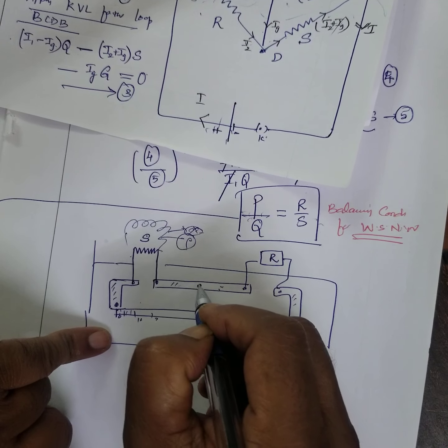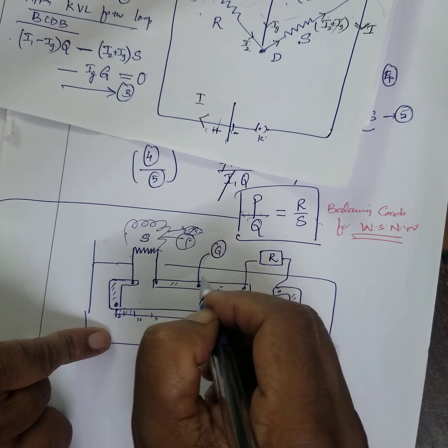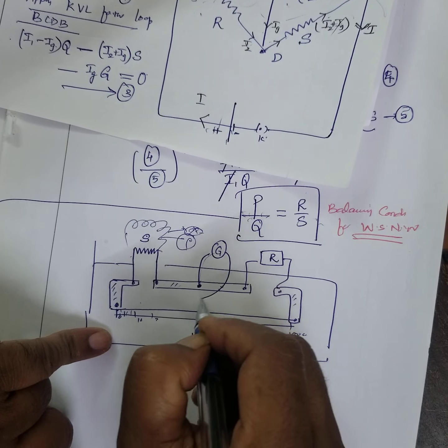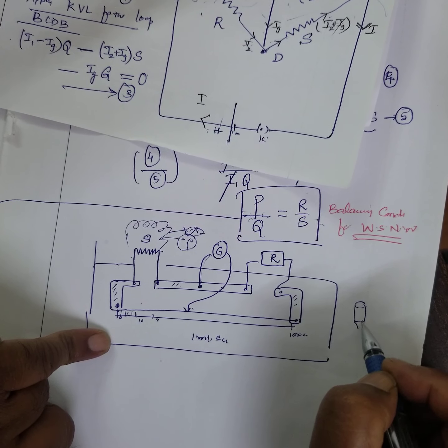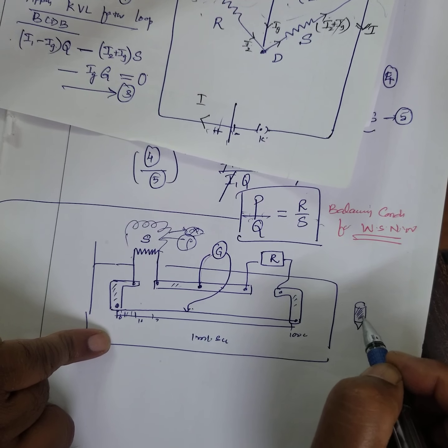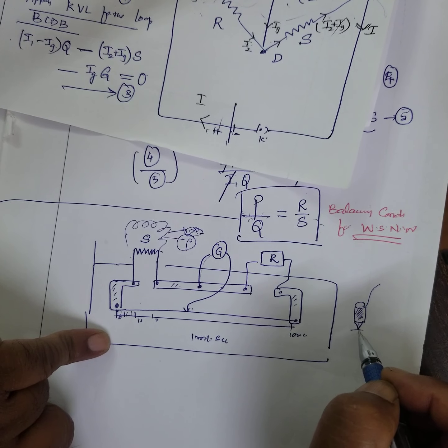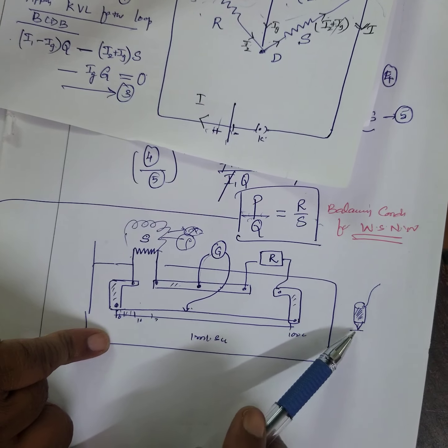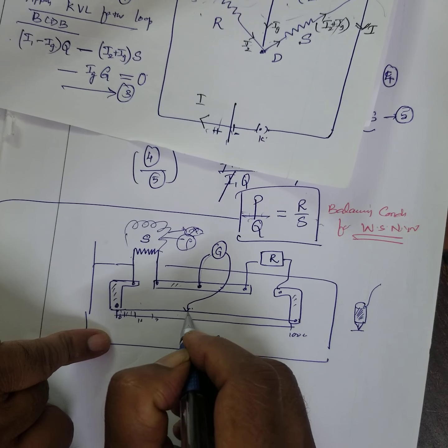Right? Like this. And here, there is one galvanometer. One terminal of the galvanometer is attached, and the other end of the galvanometer goes to the jockey. The jockey is a pencil type. It is insulated. This is the wire, and it is connected here. This is the sharp end. It is a conducting end. This is also called the conducting end. It's a sharp end, right? You can keep it at any position.